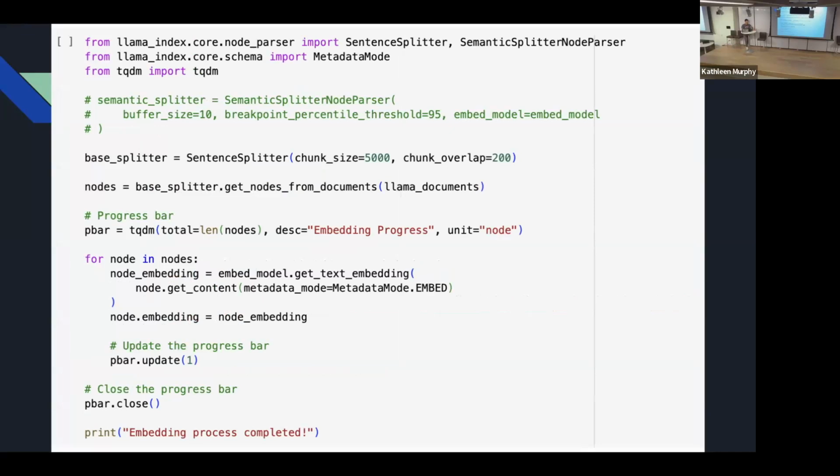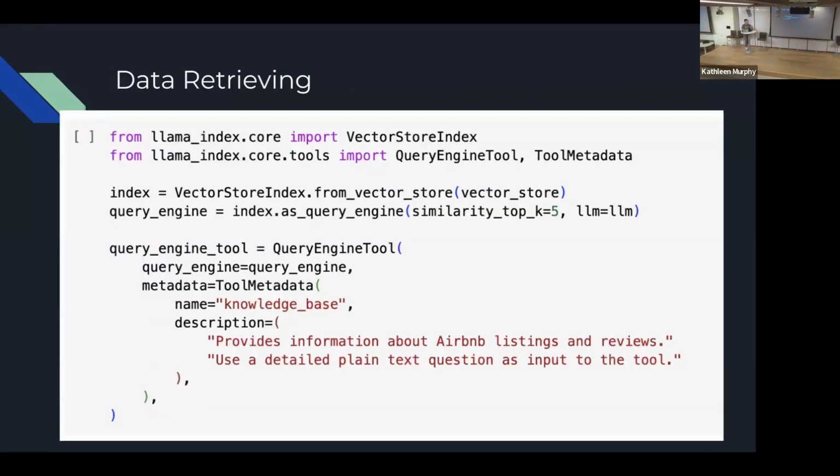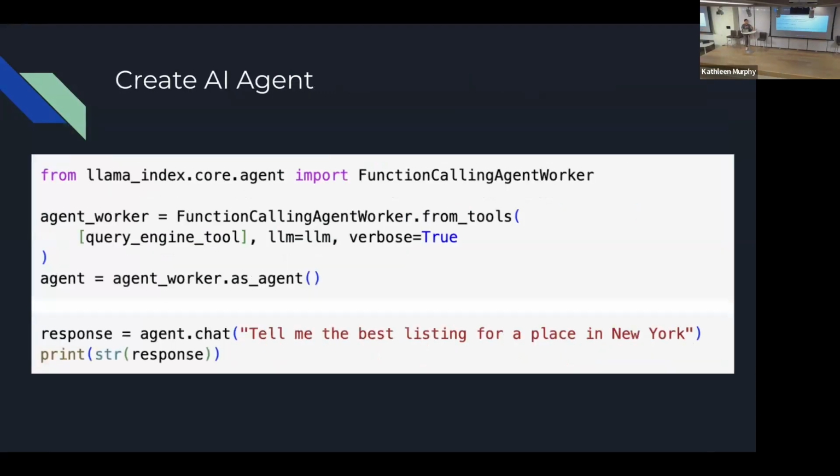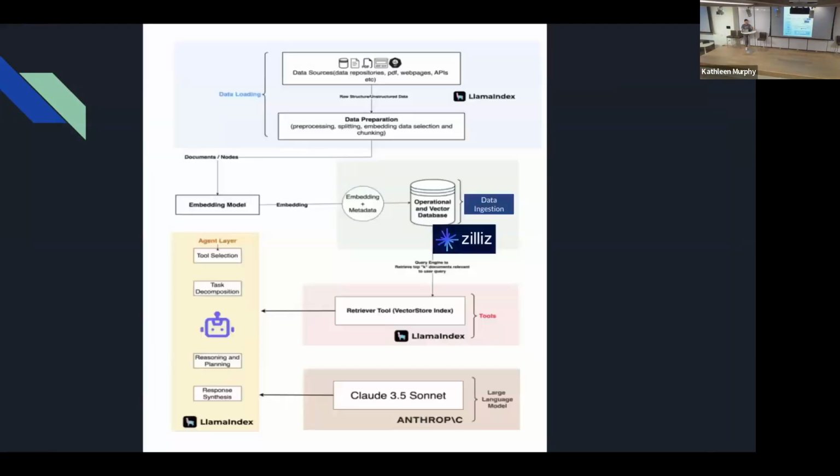In that phase we generate the text embedding, and then you just register a vector database, no matter which one you choose, and ingest the data in it, and then you use LlamaIndex to write a query engine tool, and then create an agent, right?